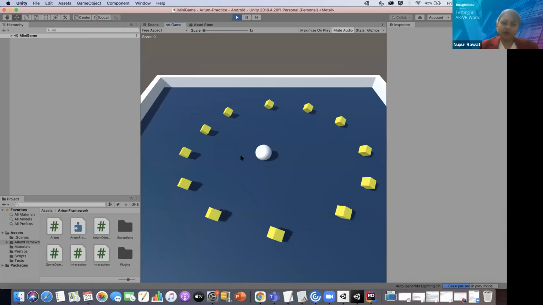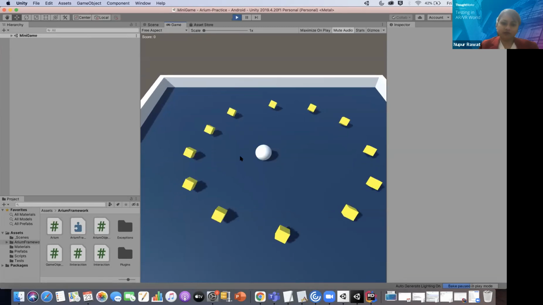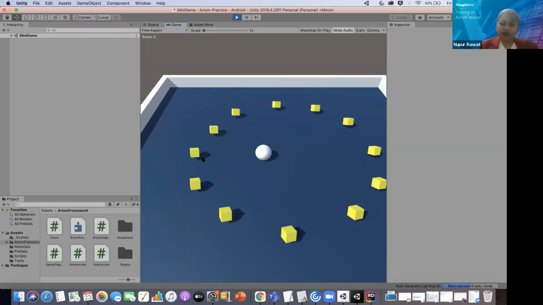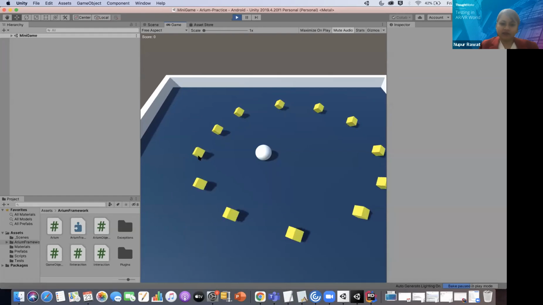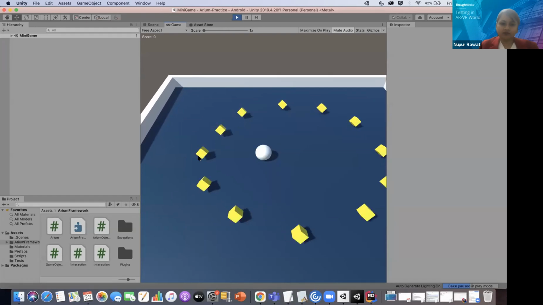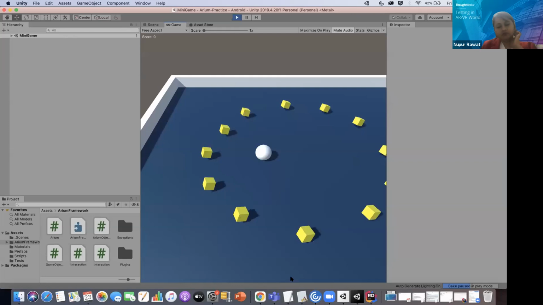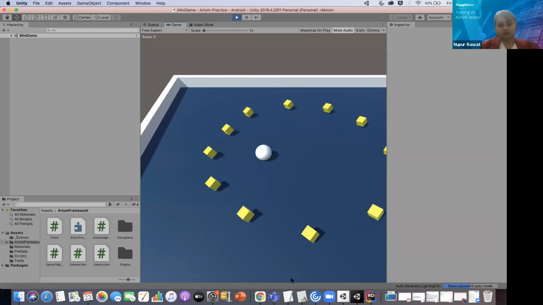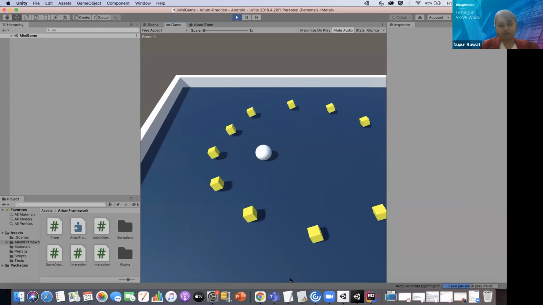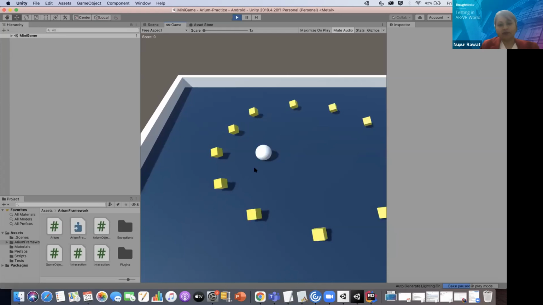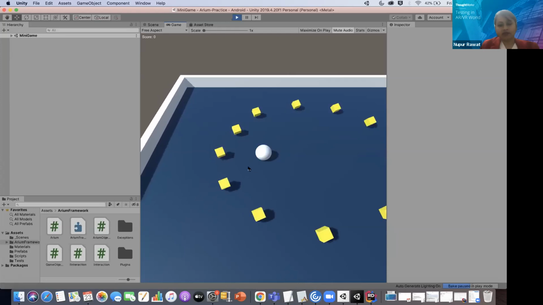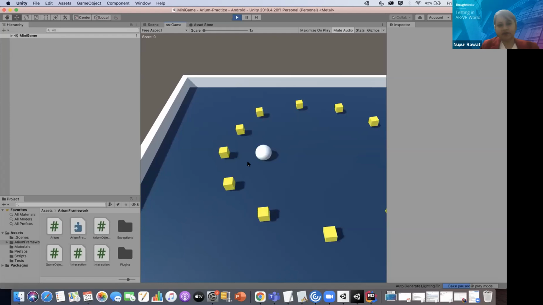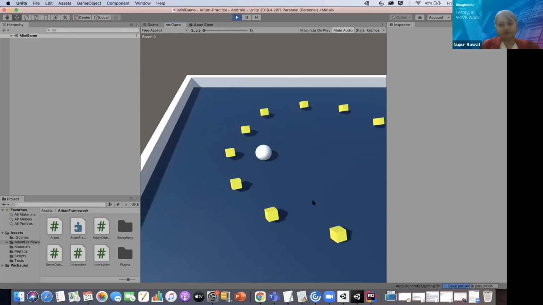So now my white ball is moving, and as it collects this yellow pickup, my test is going to pass. I've kept it very slow so that you can see it clearly. Otherwise, the test is very fast and you will not be able to see what actually happened.